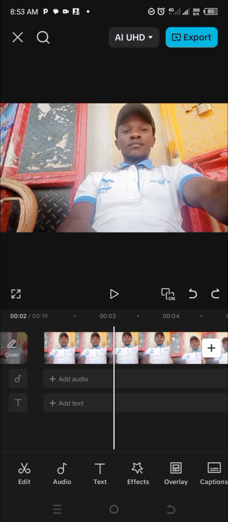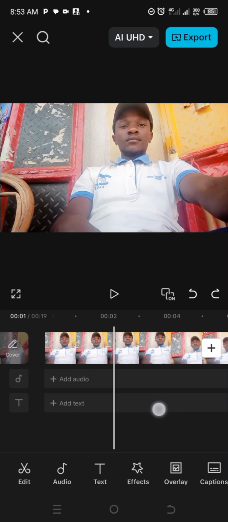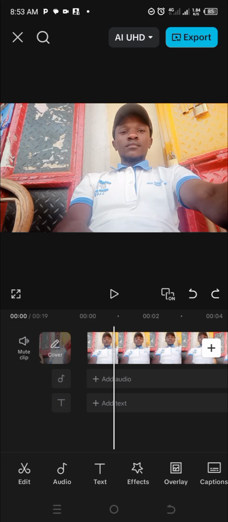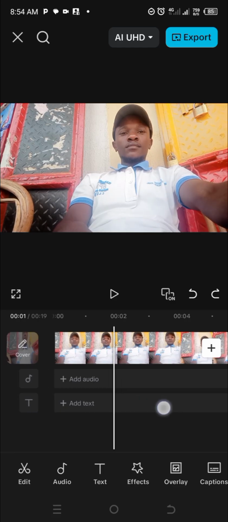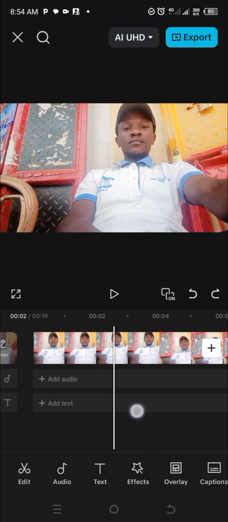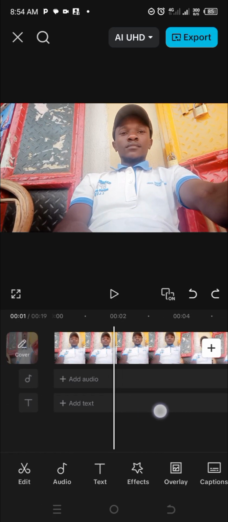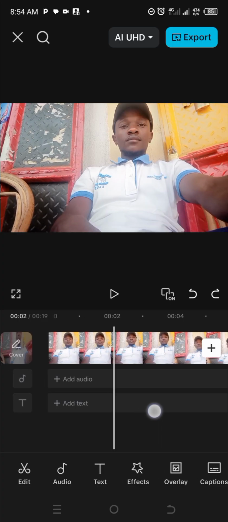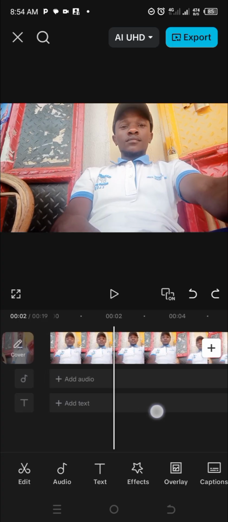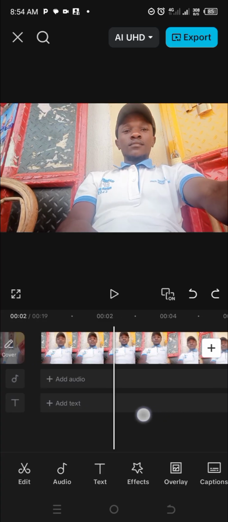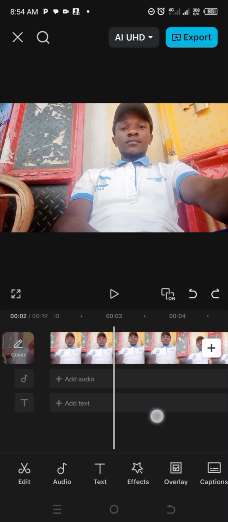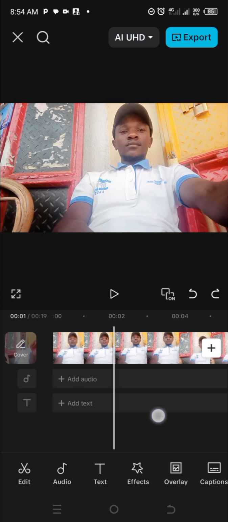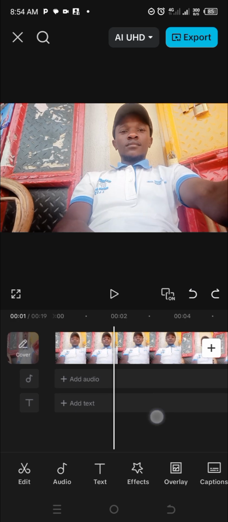I don't want my audience to see it. If it is like here, all I need to do is move this line with your finger, also called the playhead, this one, that white line. You move it up to where the clip you want to remove starts. For example, let me say that the part I want to remove from this video starts from here. So I'll move and make this line stand here,